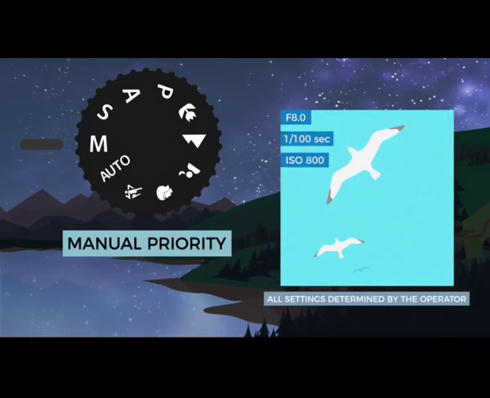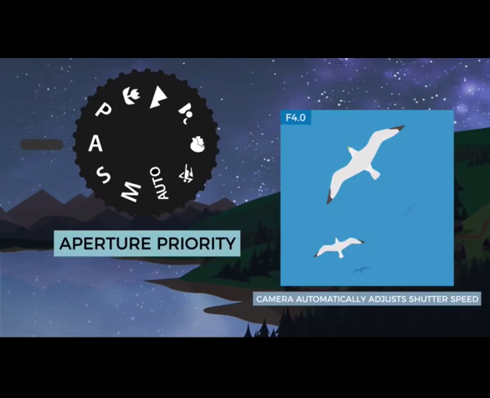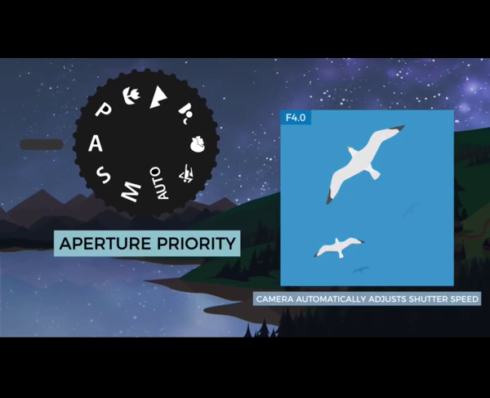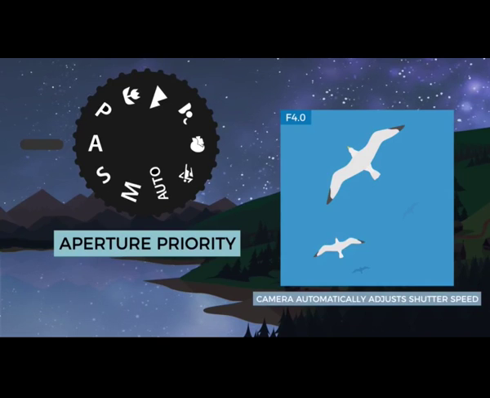I personally leave my camera in aperture priority mode 99% of the time for most types of photography. With all this information, you should